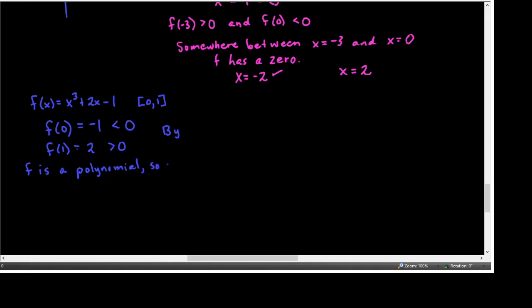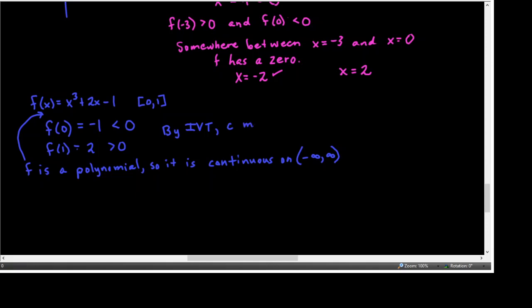So it is continuous for all reals. And because we have that continuity, the intermediate value theorem applies. So I'll come back to this. This should have actually been one of the first things I said. By the intermediate value theorem, then,